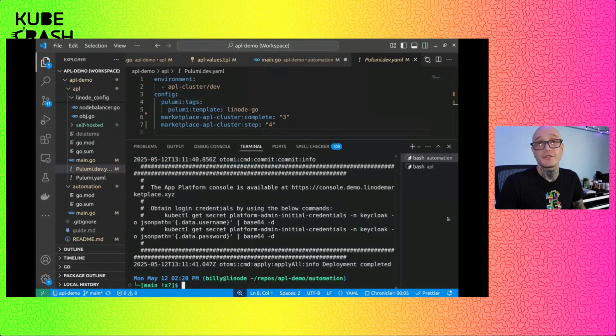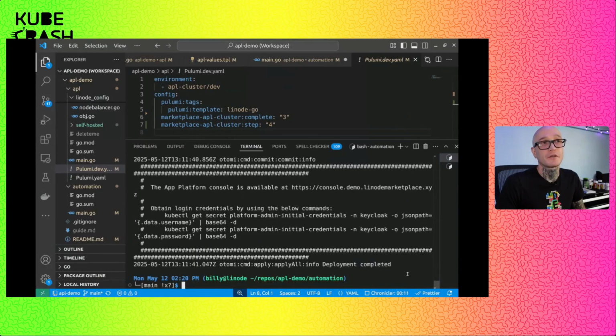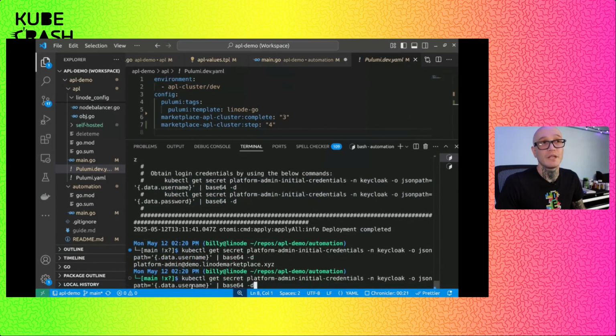Once it finishes, you'll see this little message of the day here that gives you these kubectl commands that you can copy and paste to get the login for the initial platform admin user, the default login that is.